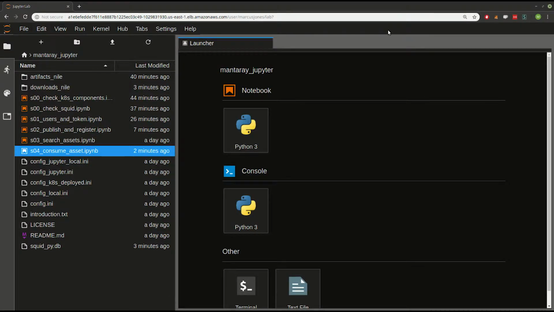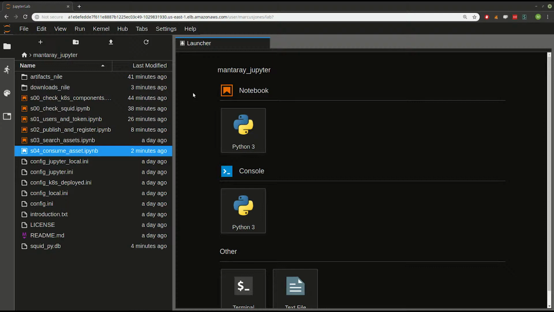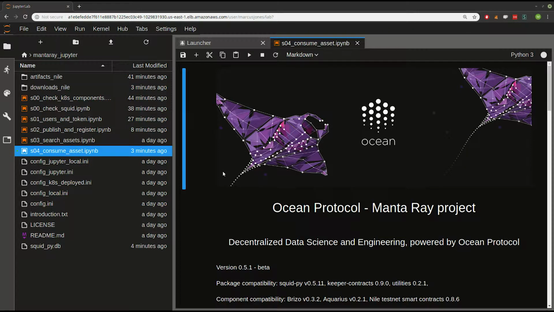Let's take a look. So after you've selected an asset, and this could be by searching for a certain asset, or maybe you are sent a DID from a colleague by email or something, you could search for an asset using the API as described in the previous notebook, or you could also just be searching on a Web 2.0 marketplace built on top of Ocean. In this case, we'll be looking at the lower-level API for consuming an asset with Manta Ray. So we'll open up this next notebook,